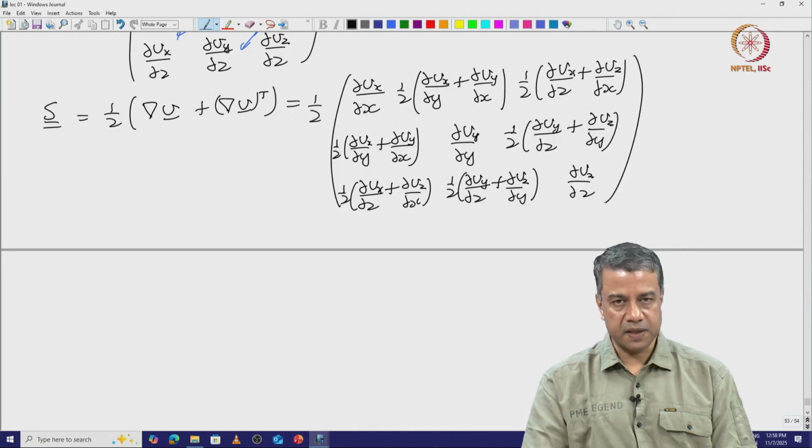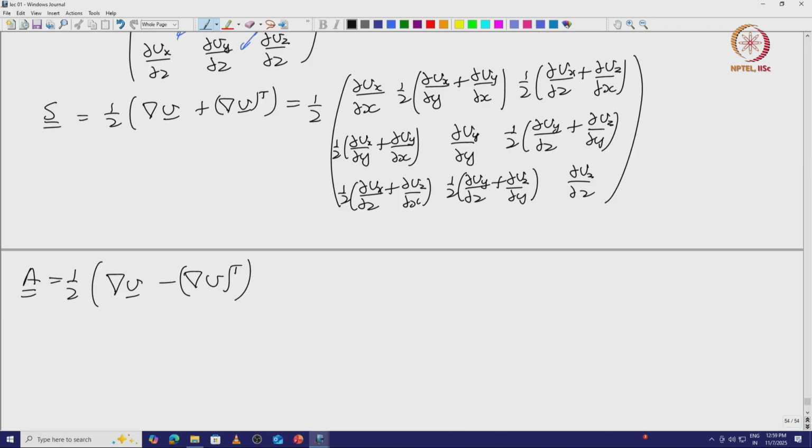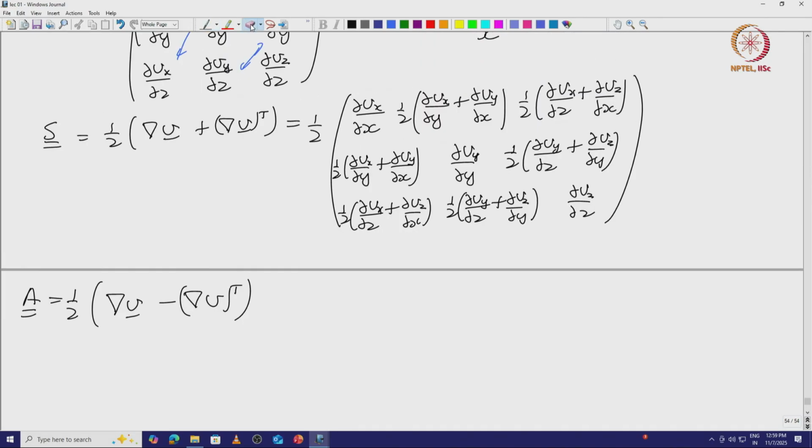Okay, so that is the symmetric part. And the antisymmetric part is obtained by taking half of the matrix minus its transpose. And I should remove the half here, kindly note there is a mistake here, there should be no half. So, this is basically the 1 1 component, 1 2, 1 3